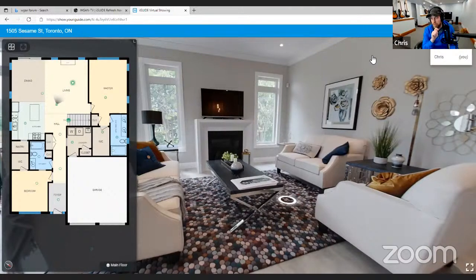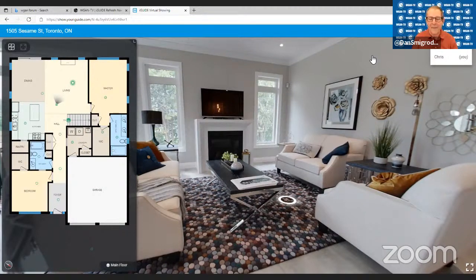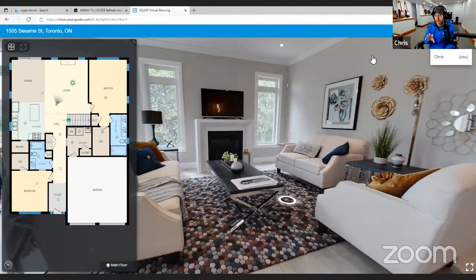So there is not. At the moment, for security reasons, only one person can show the tour. There are times where what is being shown in the tour is very, very specific. There could be a zillion reasons. Maybe there are personal photos. Maybe there's some sort of data in that property that you don't want people to see. So for security reasons, only one person can be the host. What that means is that some iGuides might not be public, but they still may be available for a virtual showing where very specific content is shown by a specific person.